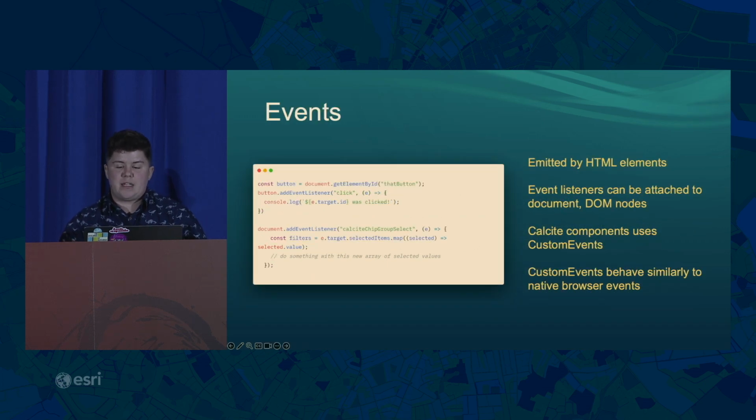Next up, events. This is part of the Document Object Model Web API, or DOM. And to understand the DOM a little bit better, I really like the following definition from the Mozilla Developer Network. The DOM connects web pages to programming languages by representing the structure of a document in memory. And it represents the document structure of the web page as a logical tree of nodes that we can interact